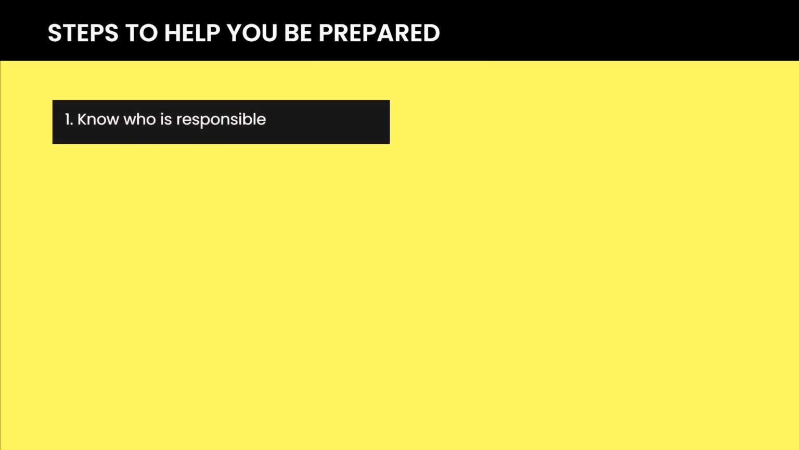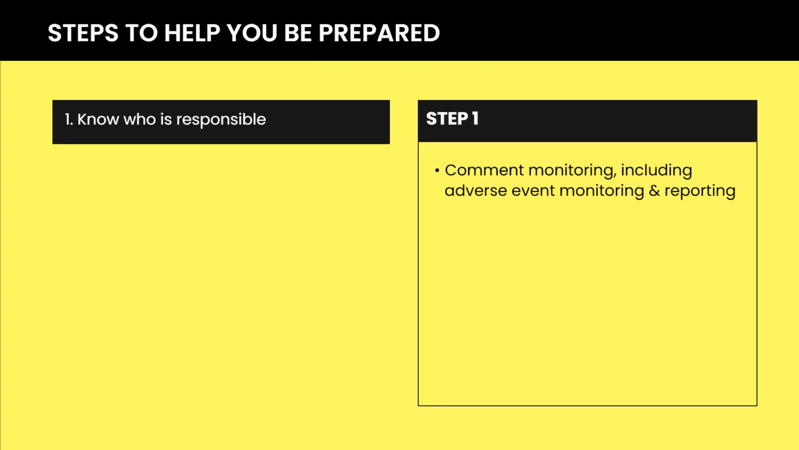Before you run your paid campaign, there are 5 steps that help you be prepared for questions and comments that might come through. We look at these steps in depth in the social media strategy and planning course, but to recap, these include: know who is responsible. Ensure you know who's going to be responsible for comment monitoring, including adverse event monitoring and reporting. You will also need to ensure that they've been trained on the process ahead of the live date of your